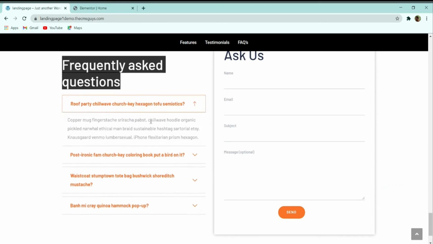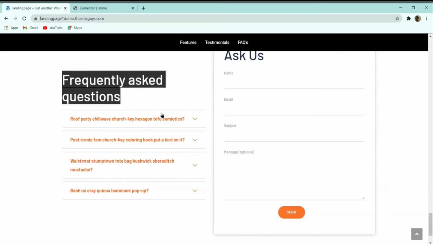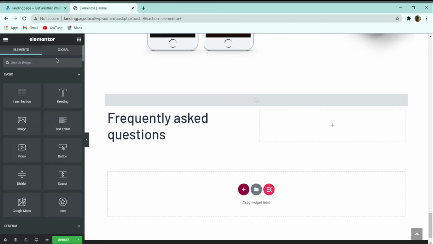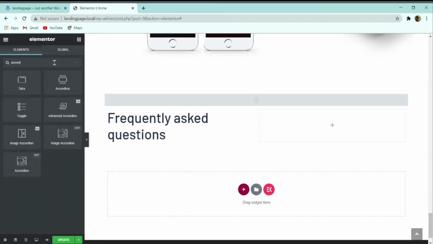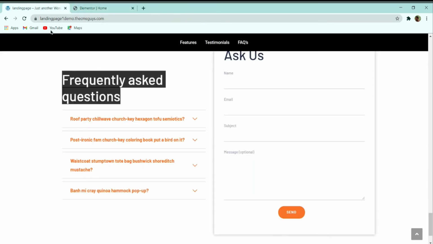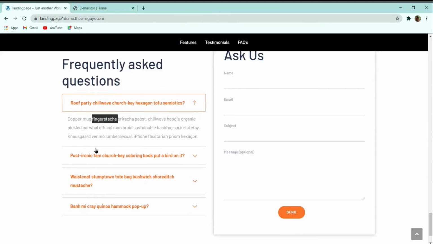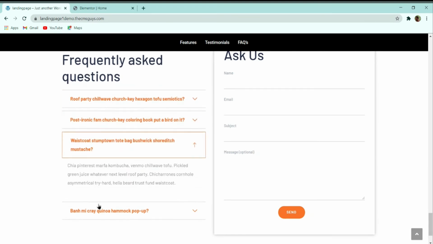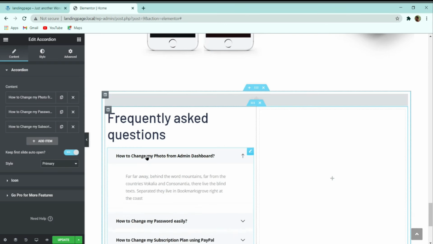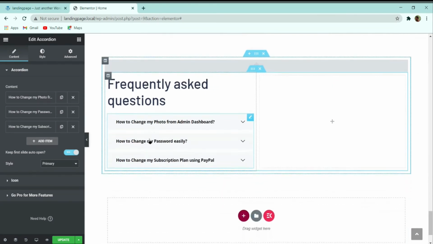After that we have to add this accordion over here. To add this accordion, I will click on these nine dots and search for accordion. Here we are going to use this accordion by Element Kits. Here you can see that I have dragged that accordion. After that, we have the questions, and these are our answers. For the questions, let me use this text only.